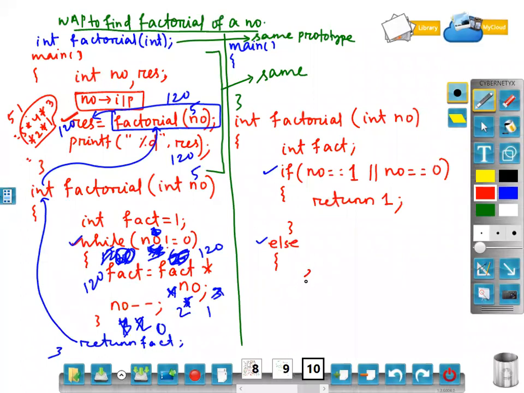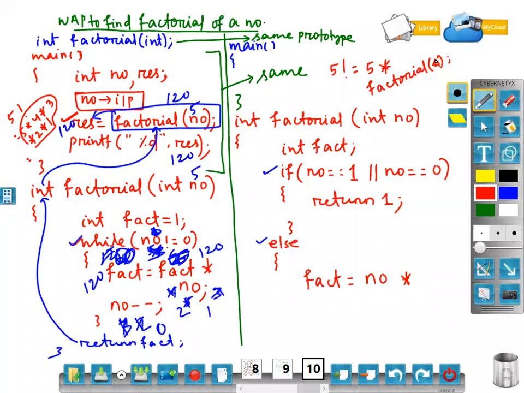Fact equal to number into. Now actually, how to think for recursion? Check. 5 factorial is actually what? 5 into factorial of 4. Yes or no?